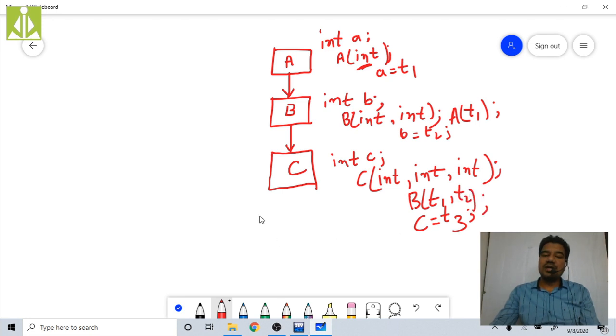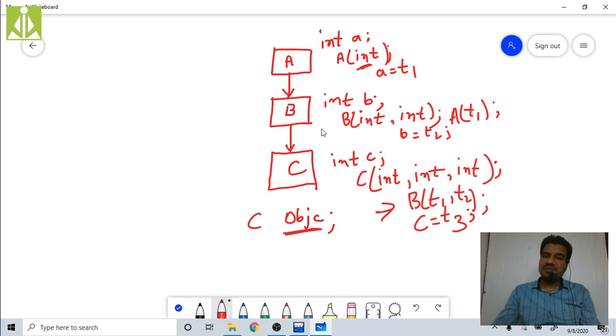And when we create the object of this C class, objc, what will it do? The creation of the bottommost derived class object will invoke the constructor of that class, and inside it, it also has the immediate base class constructor. So that gets invoked, and the control will jump from here to here.